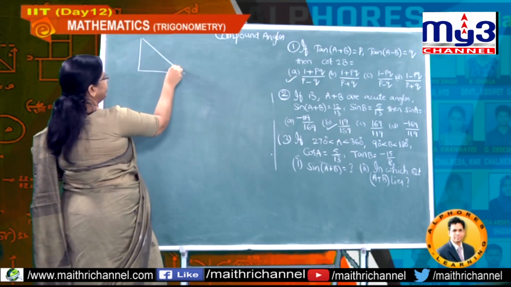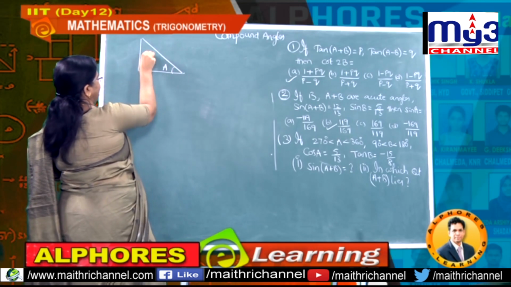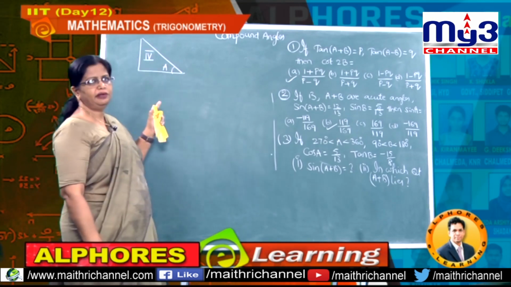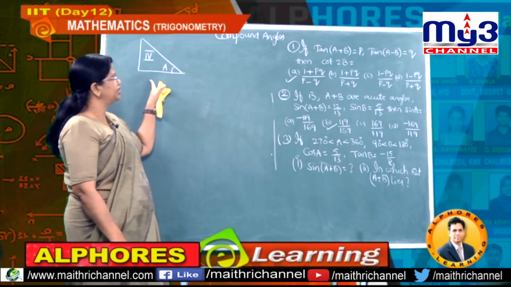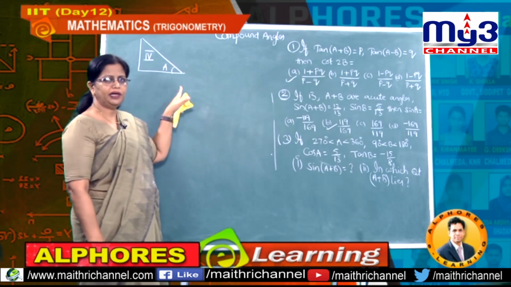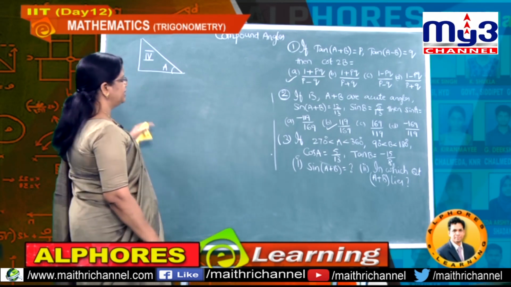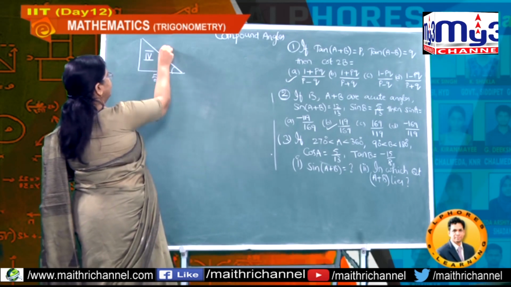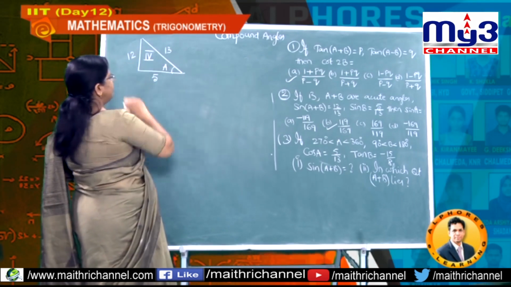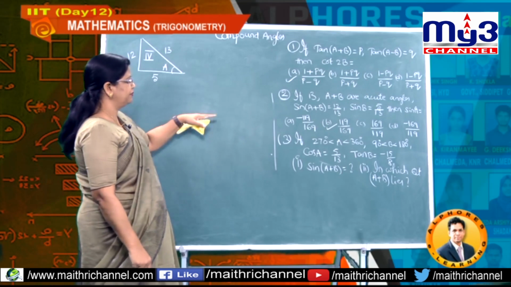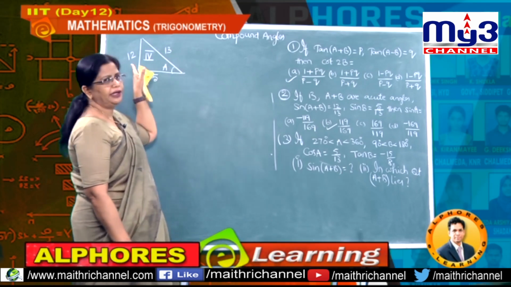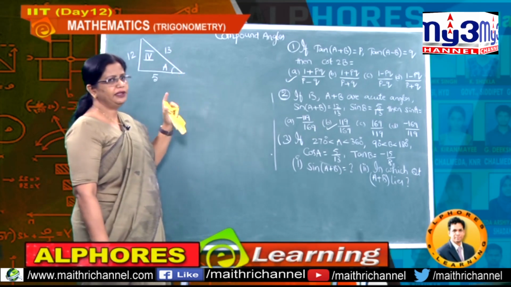Students, I am drawing like this. This is A, I am putting here 4 because A is given in the fourth quadrant. This is just our notation we are writing for our comfort. Now, cos A is 5 by 13, and therefore this is what? 12. This is 5, this is 13, and in the diagram don't use any plus minus symbol.